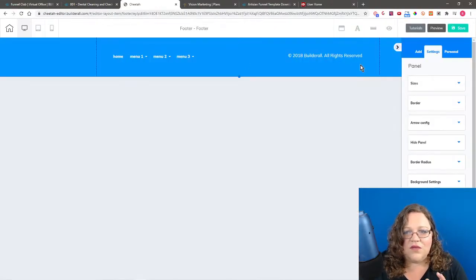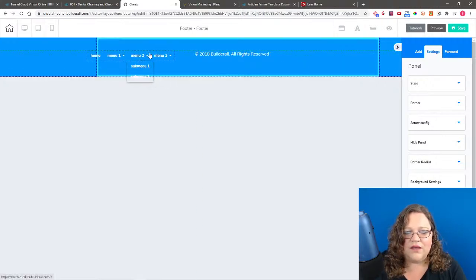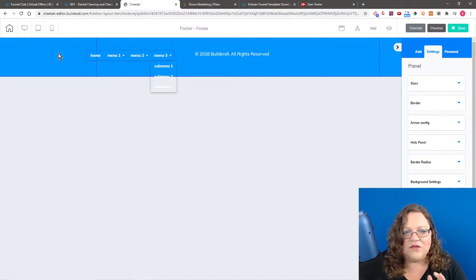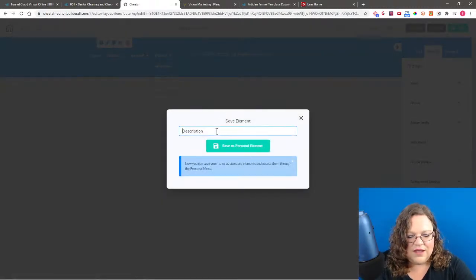But look, if you just save, you create your footer, you add whatever you want to. I recommend making it simple because you don't really want this menu and all this stuff. You basically just want your own branding, okay? So we'll just say we're happy with this footer. All you have to do is save it to your personal elements. So you would just click Save to Elements,